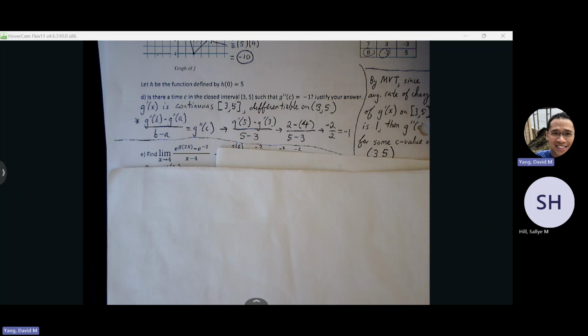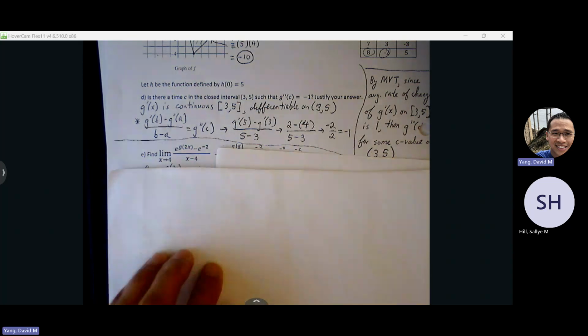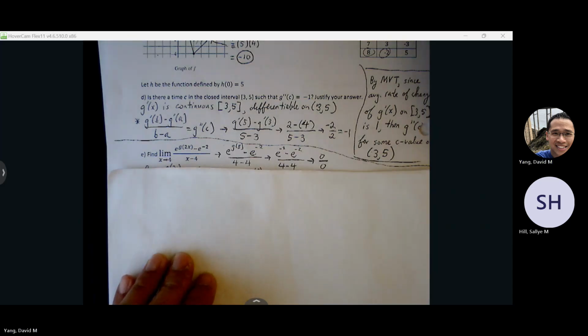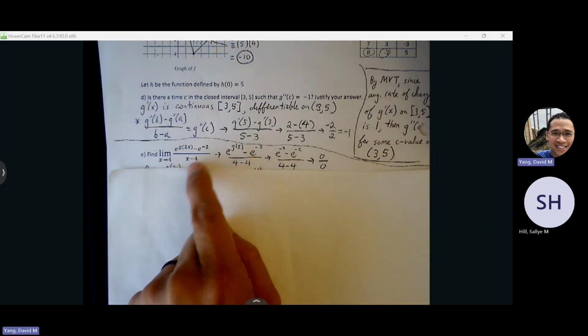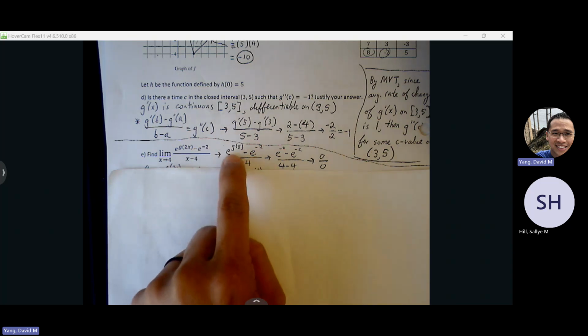We only do L'Hopital's rule if we're getting 0 over 0 or infinity over infinity. But typically for these problems, it's going to be 0 over 0 that moves us into L'Hopital's. Okay, so direct substitution here, plug 4 in for x. We get g of 8. 4 in for x, we get 2 times 4 is 8. So g of 8